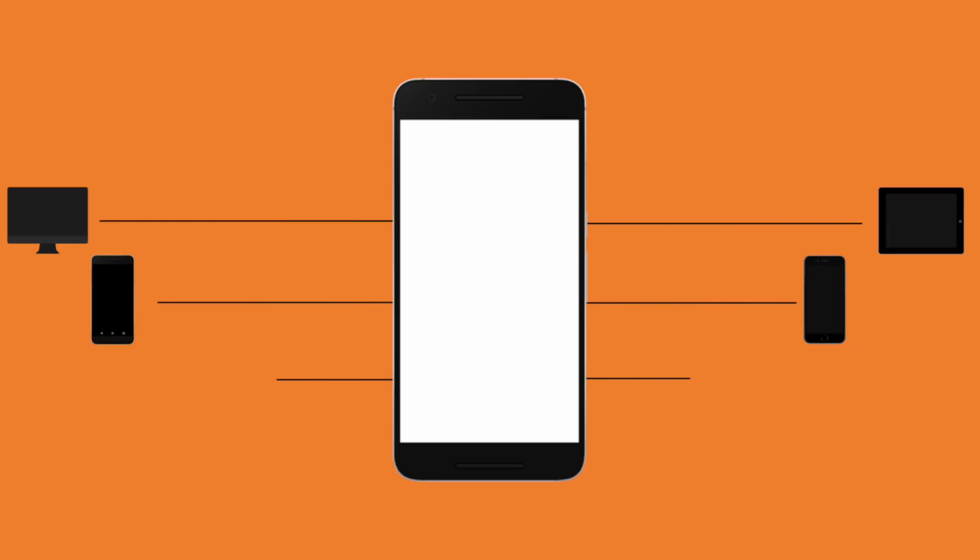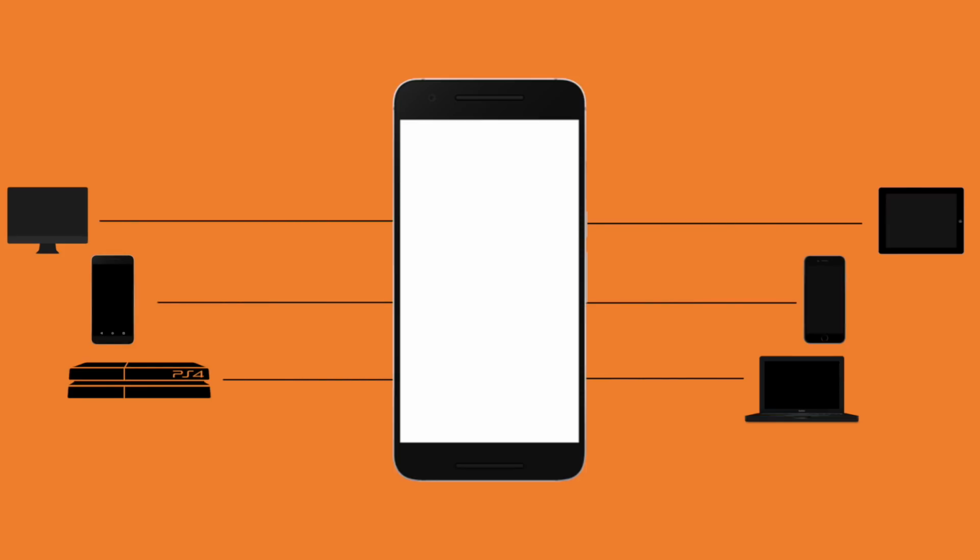So say if you ever visit an airport or a hotel where they only give you Wi-Fi access on one device, then using this trick you can turn your Android smartphone into a Wi-Fi repeater and then have access to the internet on multiple devices. No need to rely on mobile data, and it's pretty fast as well. So how is that going to work? Well, all you have to do is install one simple application and then do some network configuration on different devices, and that's pretty much it.